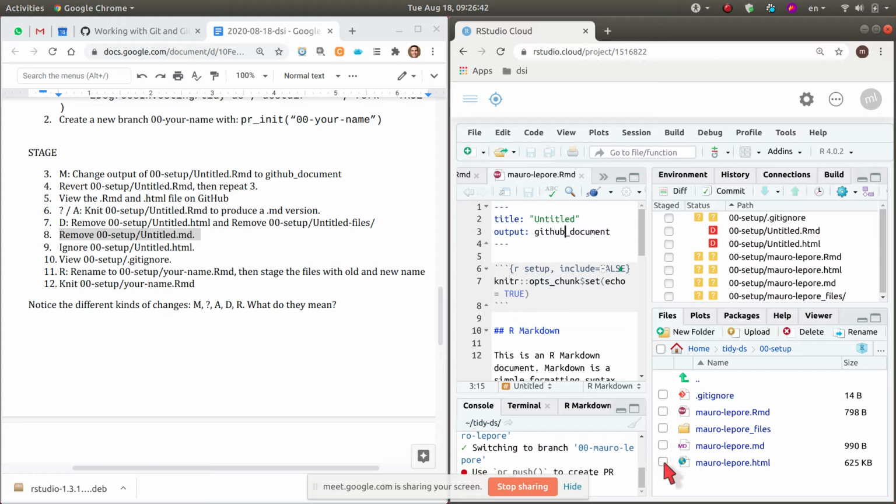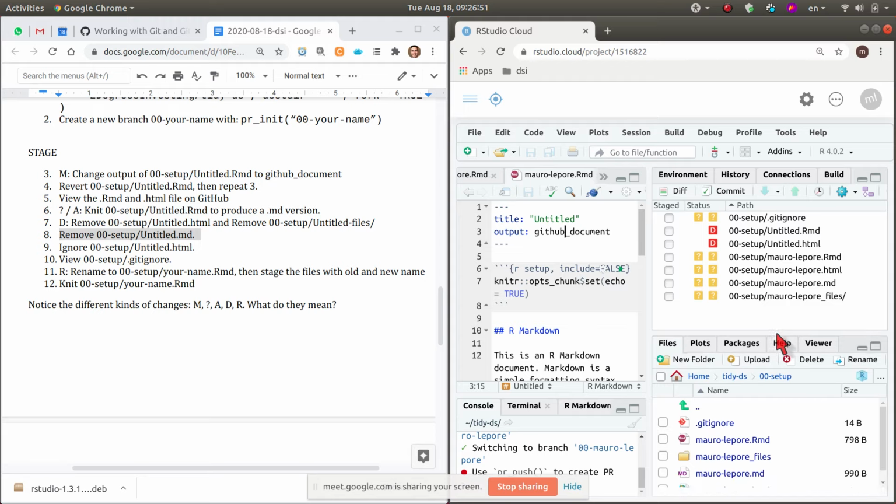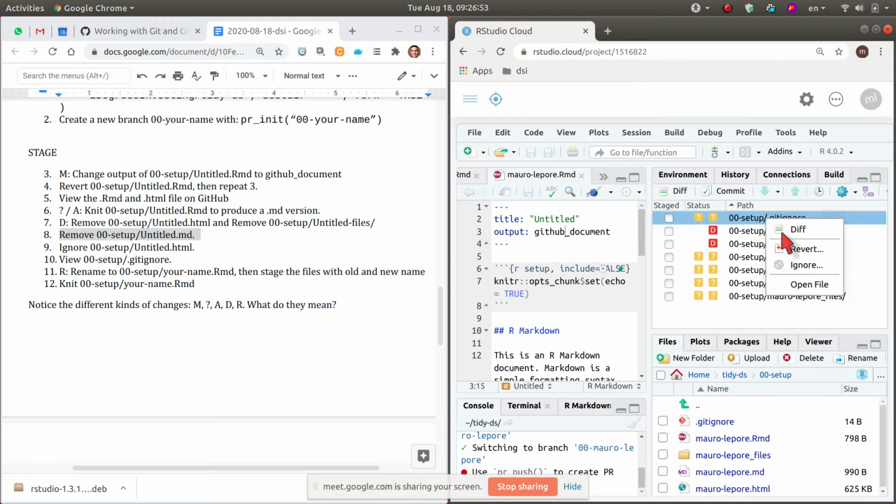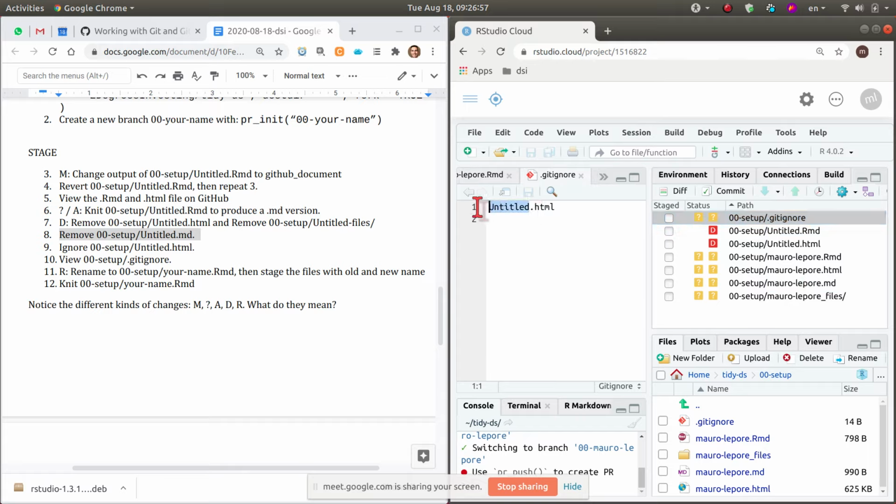Again, the HTML files, I don't want them. And one way I could ignore all HTMLs could be to change the Git Ignore file, this one here. I could open that file, and instead of saying, okay, forget about untitled HTML, I could say forget about anything HTML. And I hope that will work. Let's see. I save that file,